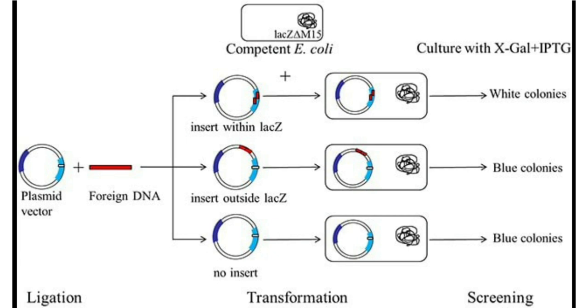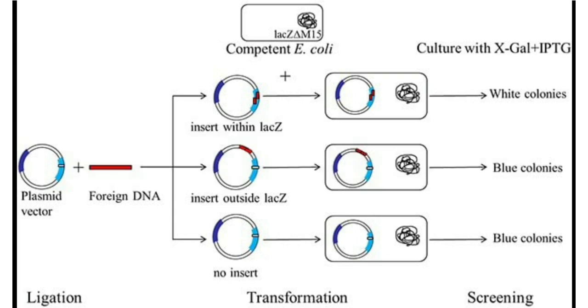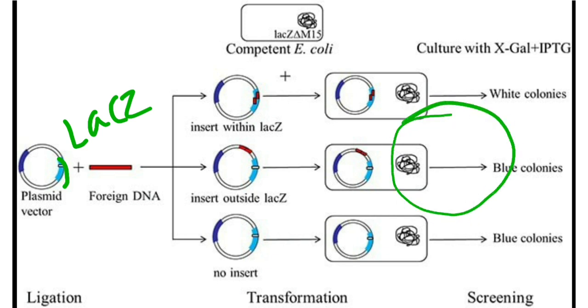So there are different techniques to screen or identify recombinants. The first one is blue-white screening. It is a molecular biology technique used to identify recombinant bacteria, and this screening is based on color. Generally some plasmids have the lacZ gene or lacZ reporter gene which produces beta-galactosidase, on the culture plate containing X-gal medium plus